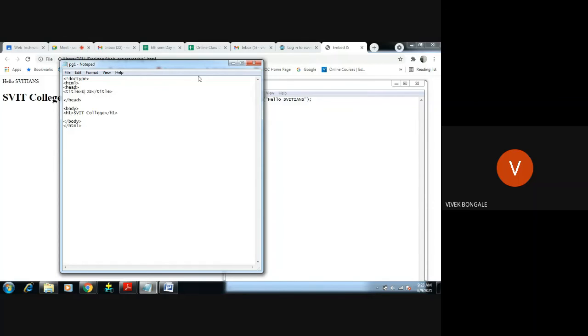So I will change this title to external JS, and we're going to do that in the head of the HTML code. We can link the same thing in the body also, so we can include the external file wherever we want in the body of the script.